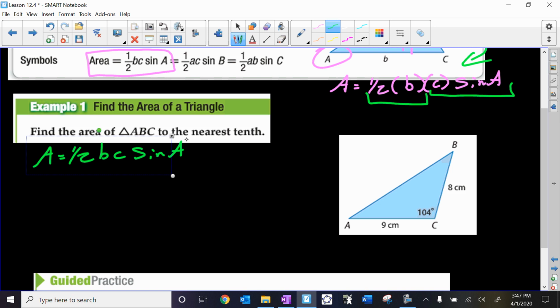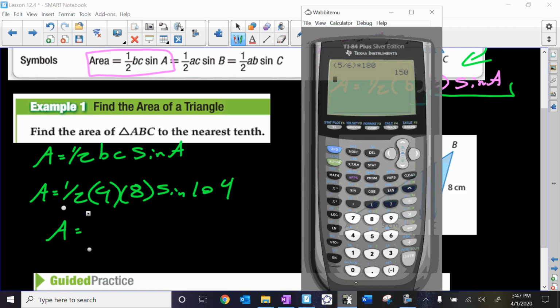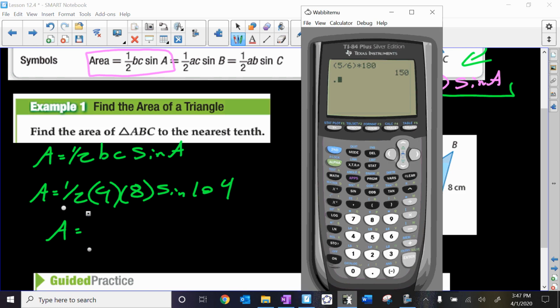Okay, so to do this, I'm going to take a half times, one of my side lengths is 9, the other side length is 8, and I know that the angle between them is 104 degrees. You should be able to plug that straight into your calculator. 0.5 times 9 times 8 sine of 104